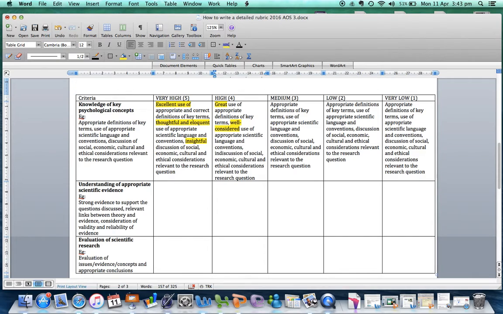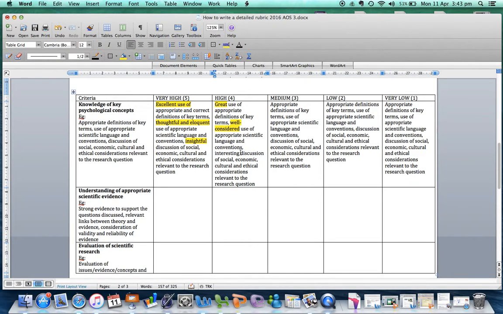And interesting discussion. It's all still really, really positive words. All still very good. Medium, here we can tone it down again. And we can say